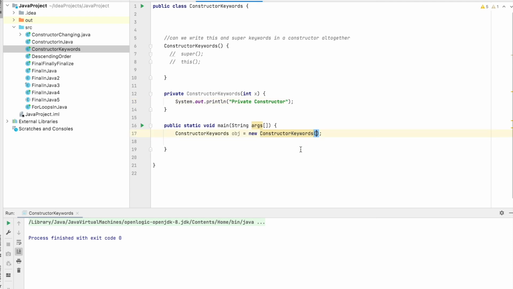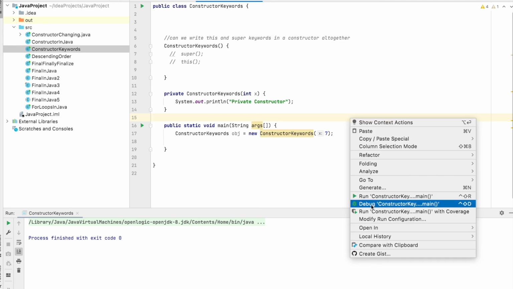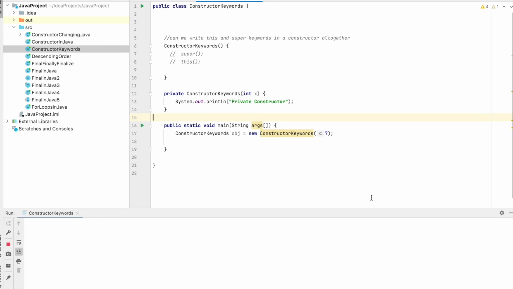Now let me call this particular constructor by assigning the value. Okay, private constructor called. So a private constructor can be created and called. It is possible to use it, and it is mostly used for the singleton purpose. When we want to use singleton classes, we create the constructor as private. It's a whole new topic. I will create a video on singleton classes also, but for the time being, yes, for the singleton purpose we can make a constructor private.